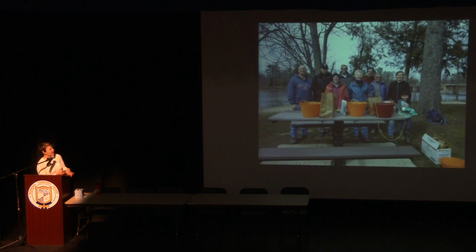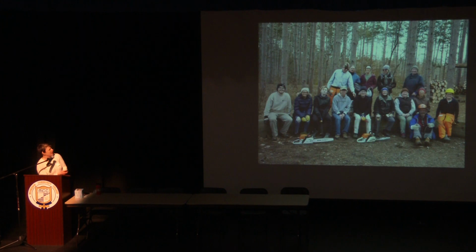This is, by the way, we were collecting floodplain species like sycamore and Kentucky coffee tree that we could then plant in restoration areas. So sometimes you can't find these things even for sale. So you can use the volunteers to go out and collect them. We've also had them,